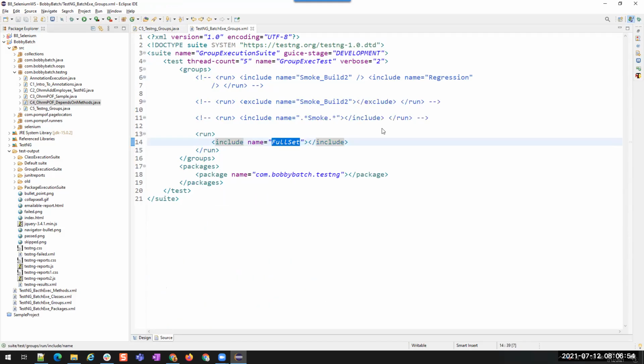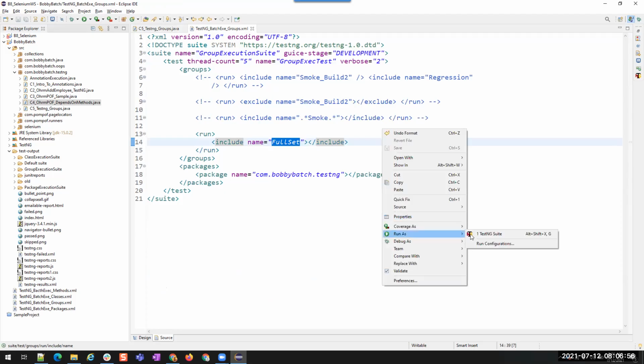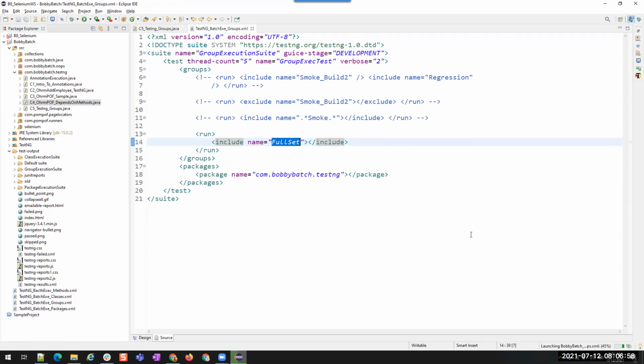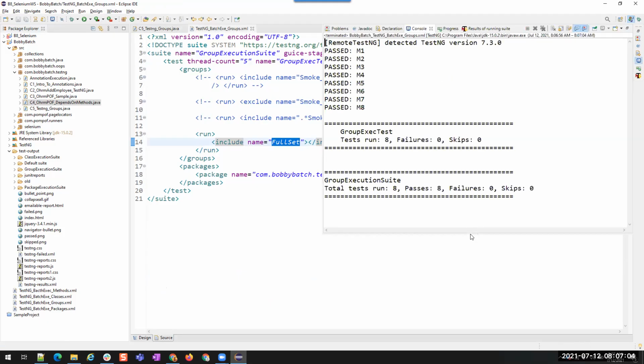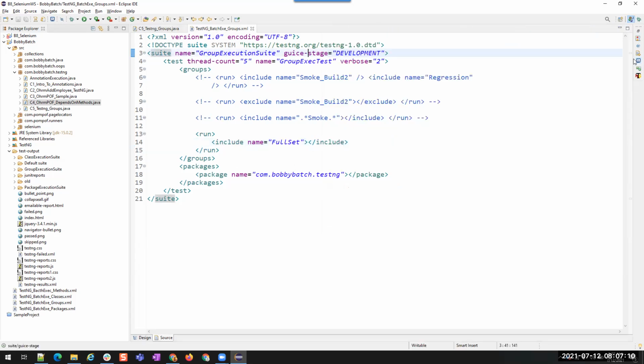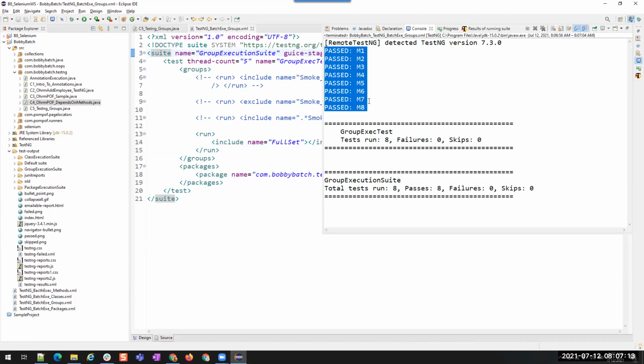If I run it, you'll understand. It will execute all the methods 1, 2, 3, 4, 5, 6, 7, and 8. It doesn't care about the methods inside the class, but it sees that everything belongs to this group. See this? 1, 2, 3, 4, 5, 6, 7, 8. All the methods are executed. Okay? That is partial groups.